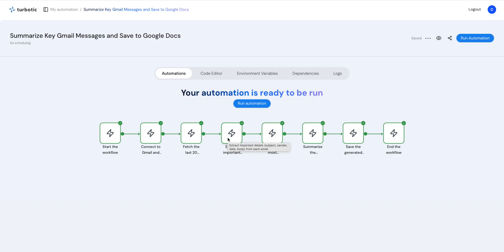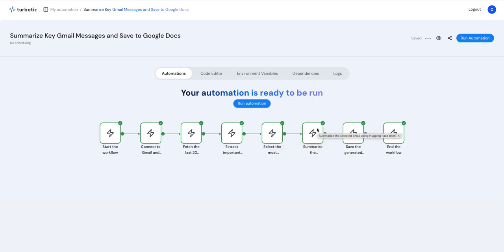It will fetch the first few important emails which have to be attended to, and after that it will select them and send them to the